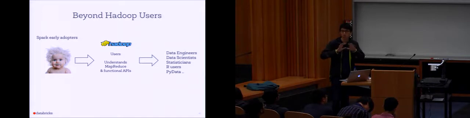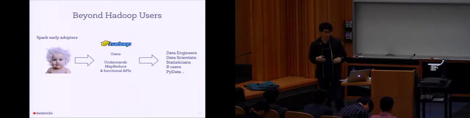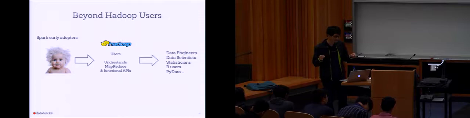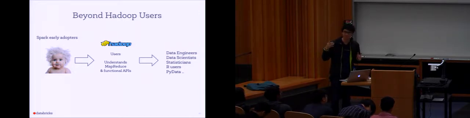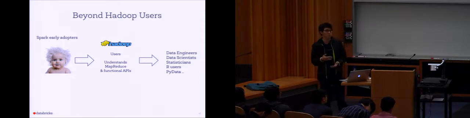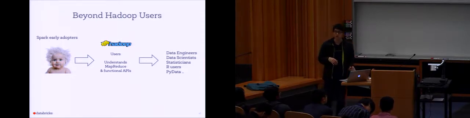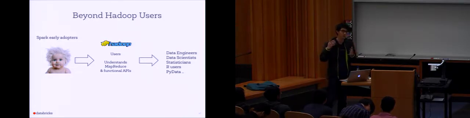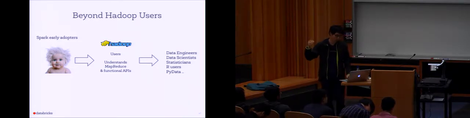But as we're trying to push Spark to a broader audience, we're starting to run into some trouble. What do I mean by broader audience? I'm referring to people that are maybe not familiar with Hadoop, haven't taken 186, so they don't really know Spark. These are data scientists, data engineers, statisticians, typical Python users, or R users. To these guys, the functional API and the idea of reduceByKey is still kind of remote. It's going to take them a while to understand.